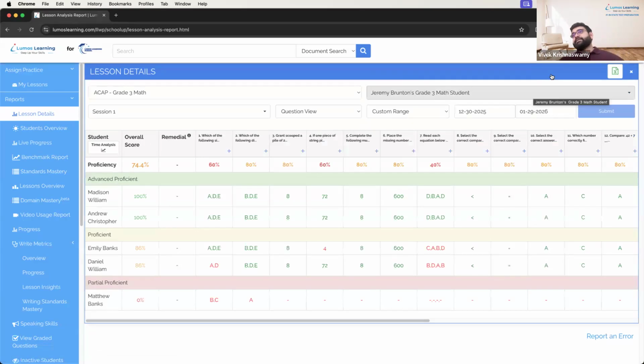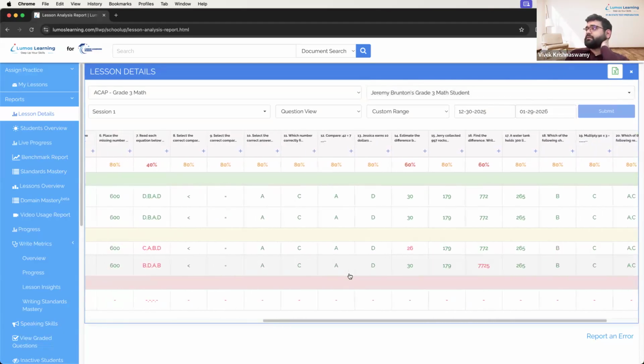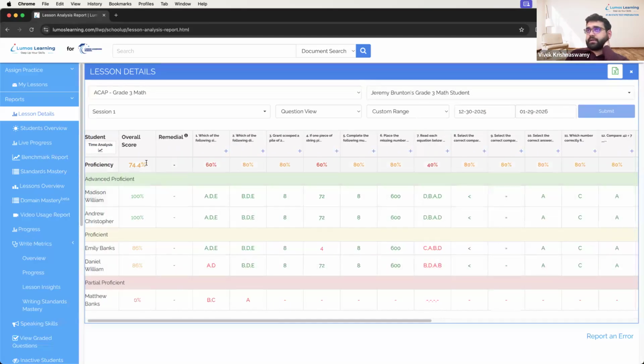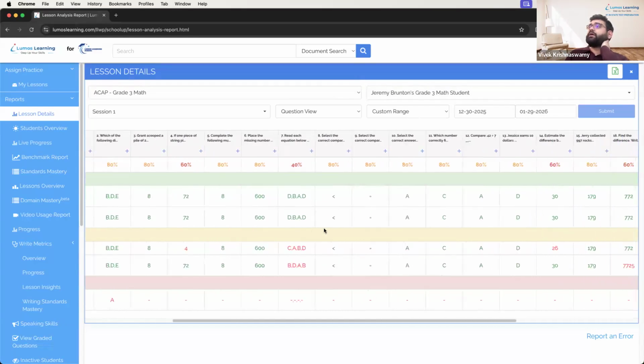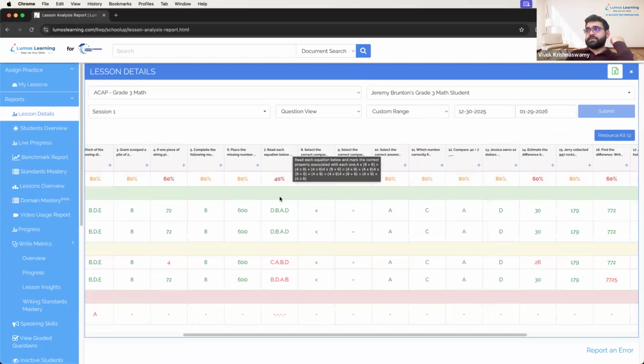Alrighty. So this is the little report that I would get. And I think the first thing I would do is just quickly glance through to see if there's any very scary number in those average proficiencies for each individual question. Now, here I can see that the majority of the class got this one wrong. It might be worth taking a quick 10-minute bell ringer to go over this one question with the entire class so that we know that everyone's understood it.